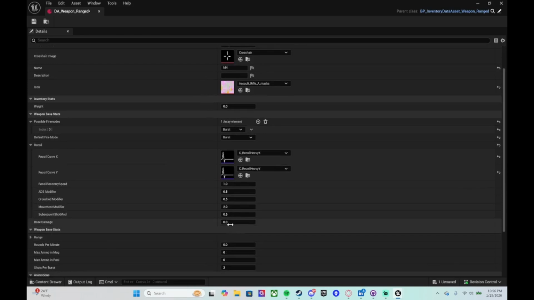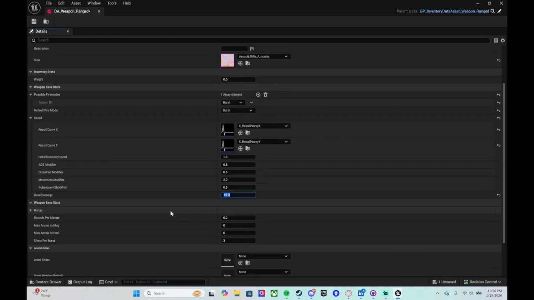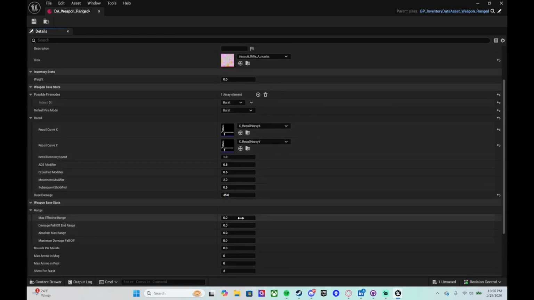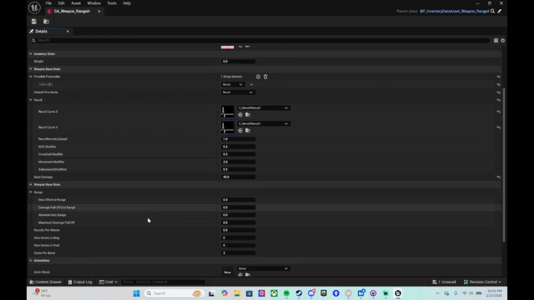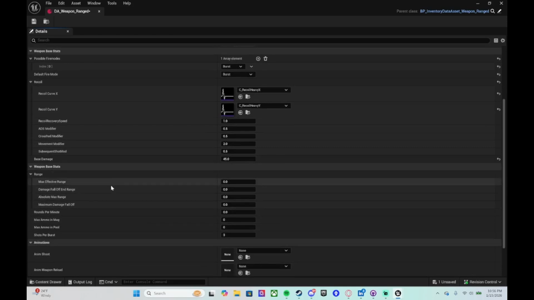Give it a base damage. We'll say that we do 45 damage per shot because it's a heavy hitter. I think my favorite thing that I set up is this range system. Essentially, it works with